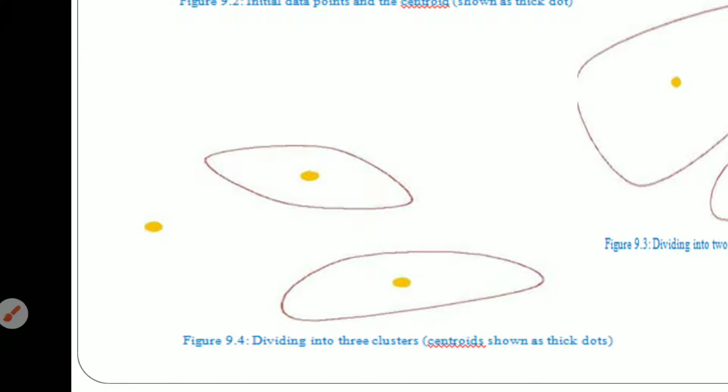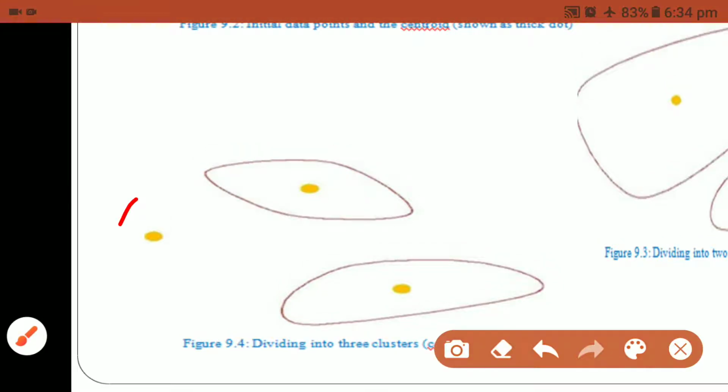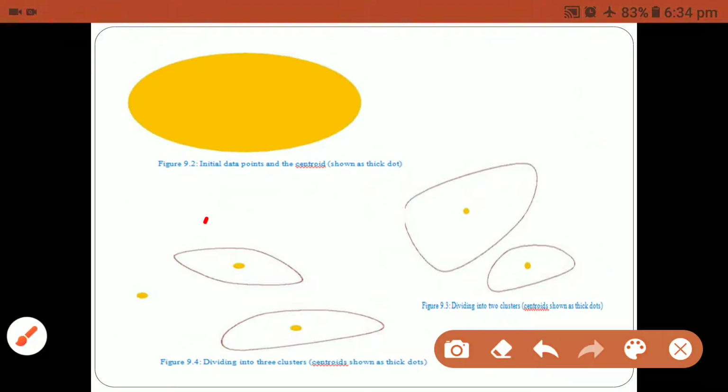Here it will be using tight fitting with the centroids. Nothing but the third cluster is separated out. This is the first, second, and this one is the third.